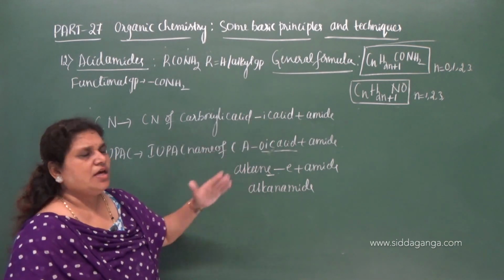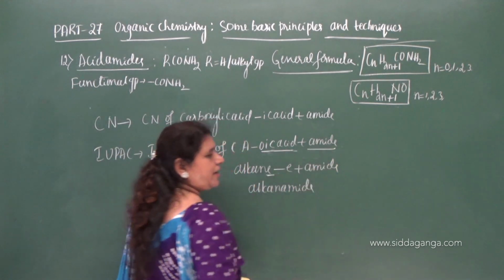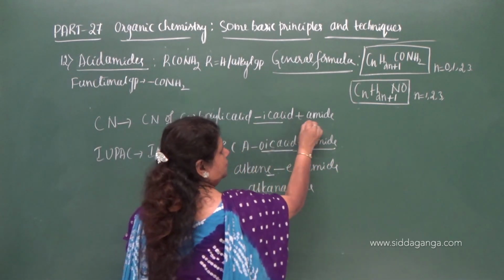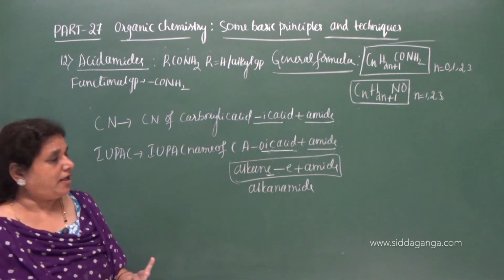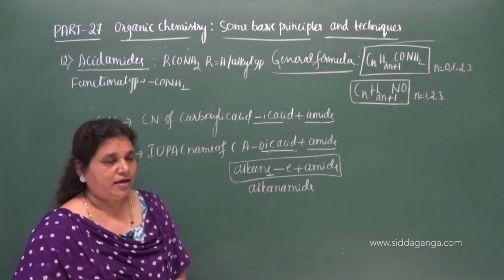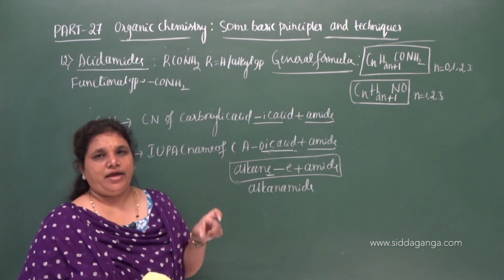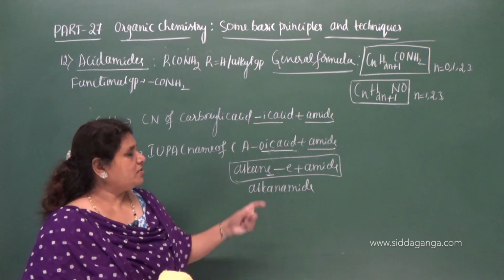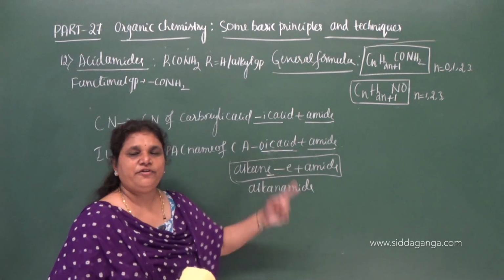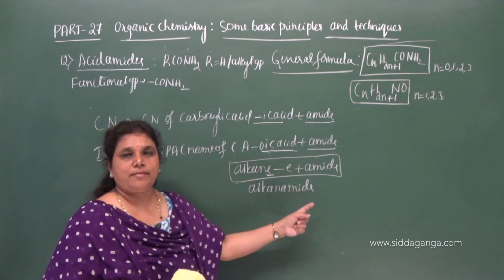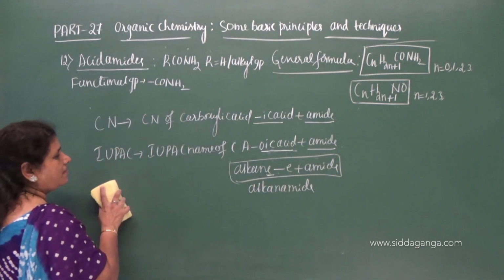So this is about the common and the IUPAC name. So note on this, oic acid is replaced by amide here and ic acid is replaced by amide here, or you can take the name of the alkane. While taking the IUPAC name of the alkane, you have to consider the carbon atom of the CONH2 group, that is the functional group. So once you get the name of the alkane, replace terminal E by the word amide, then you will get alkanamide as the IUPAC name of amide. So let us move on to the examples.